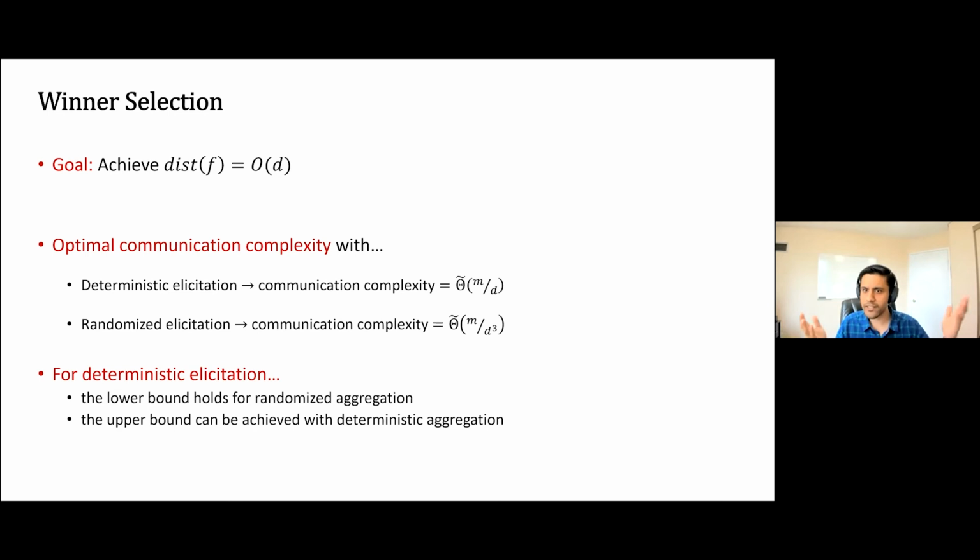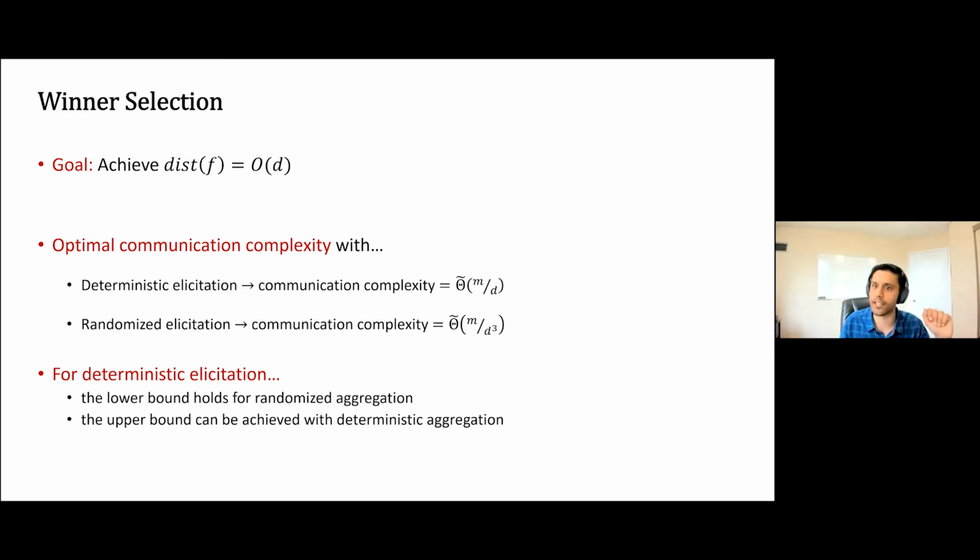And that's very surprising because if you look at ranked ballots, I mentioned previously that there is such a separation. If you want to do deterministic aggregation, the best distortion is m squared. If you want to do randomized aggregation, the best distortion is square root m. So that seems to be a consequence of using this suboptimal ballot design, which is ranked ballots. If you use the optimal ballot design, then there is no separation between the powers of